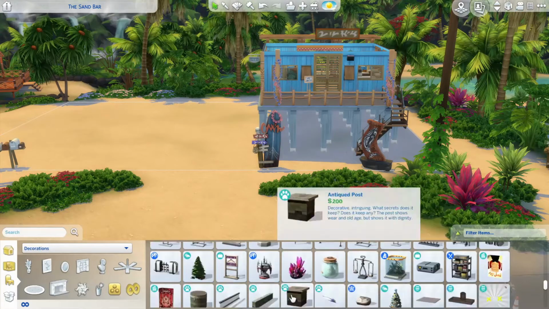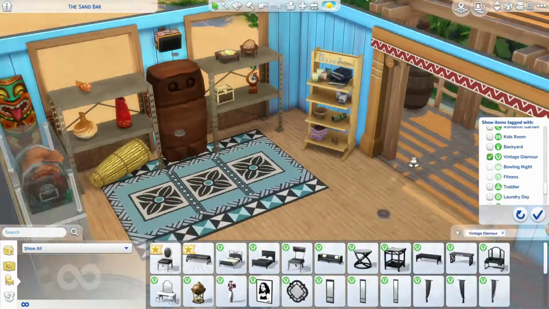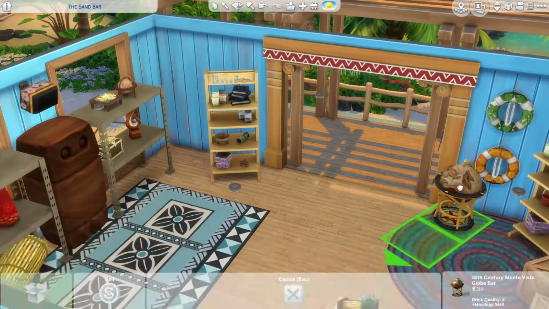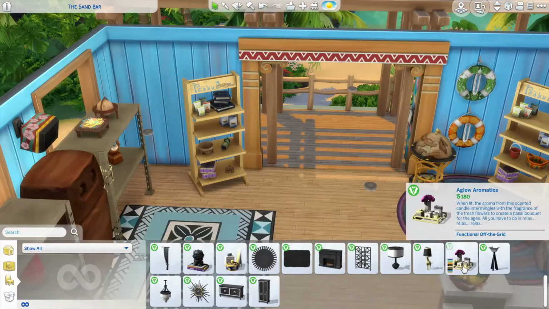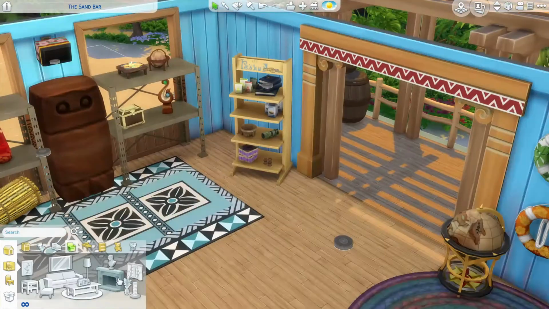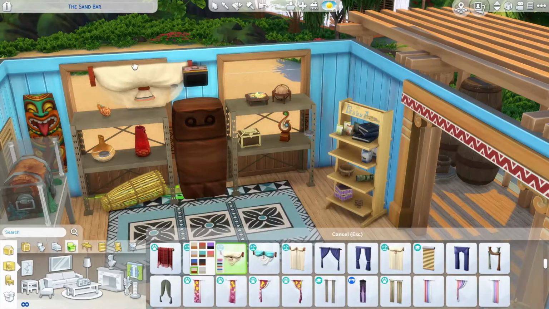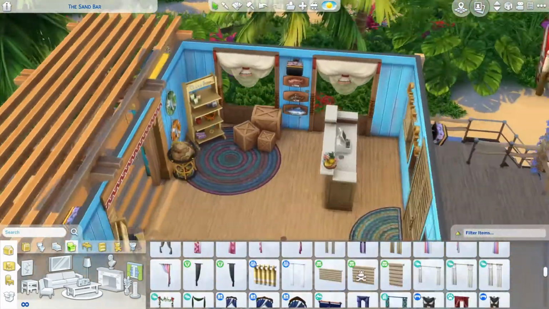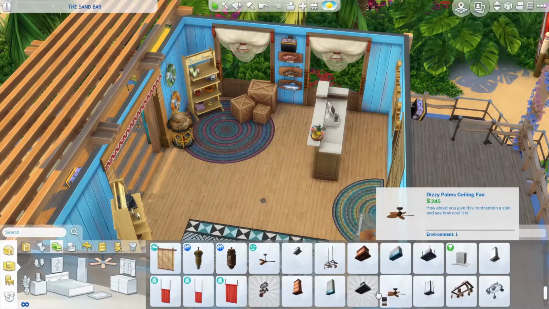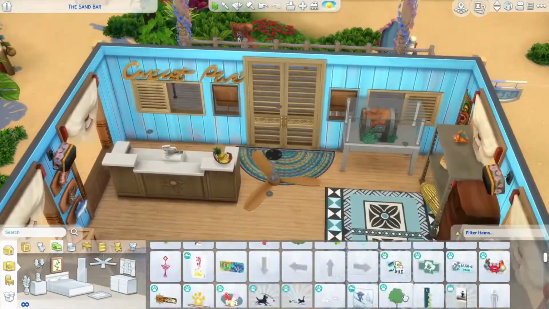So I put this little sign up, but it was taking up too much. It was kind of blocking the build, so I ended up getting rid of it. And here I am placing the globe from Vintage Glamour. I thought maybe she had found that in a sunken ship or something like that, and so she's placing it for sale. And I'm putting some curtains from Island Living, my go-to curtains, honestly. And I put a ceiling fan, and then